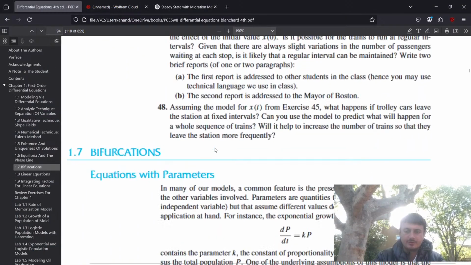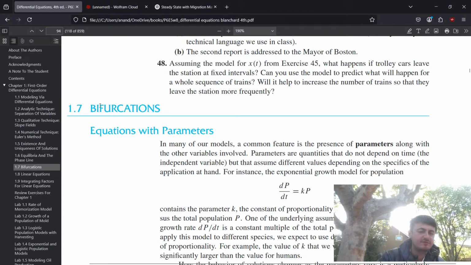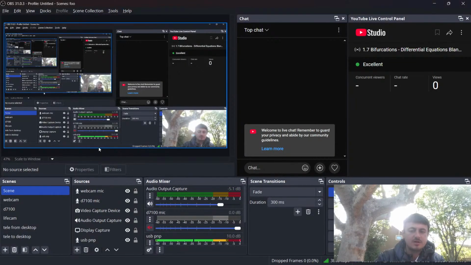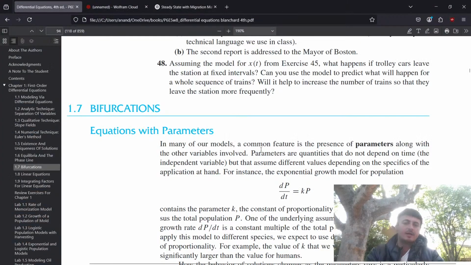So we are going through this section, 1.7. Let's just make sure that the mic is right. It looks like it. Okay. So,